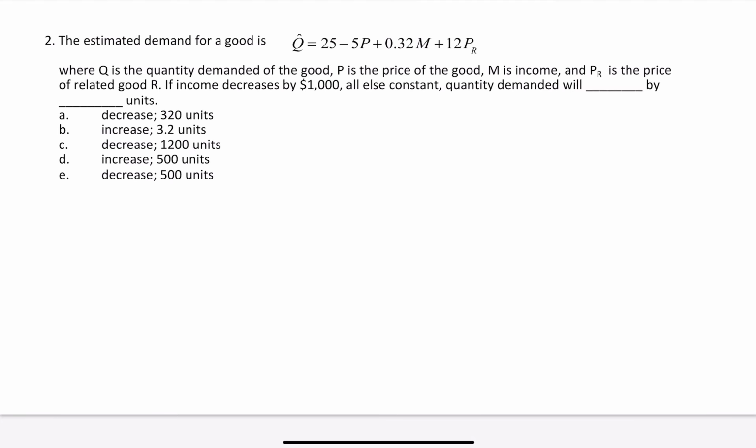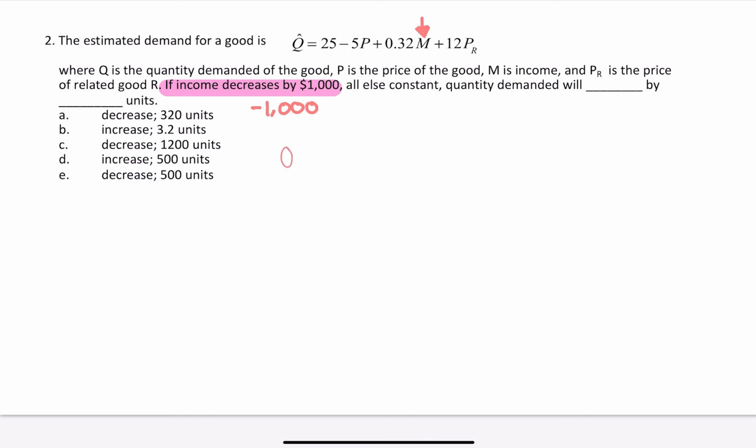Question 2 says the estimated demand for a good is given by Q hat equals this, where Q is the quantity demanded of the good and everything else. If income decreases by 1,000, all else constant, quantity demanded will. So we are going to plug 1,000 in for M, and since it's decreasing, it's going to be a negative 1,000,